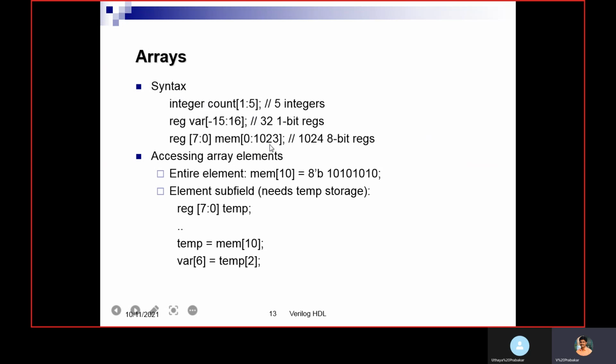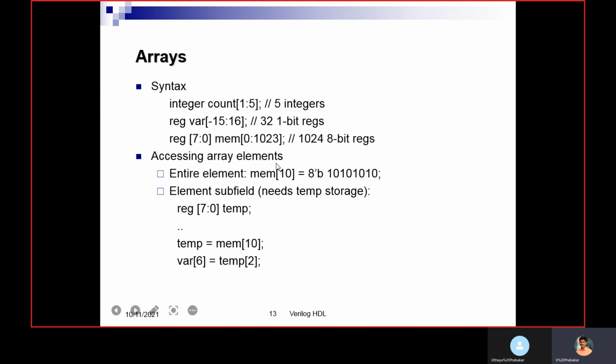This way you can create a memory, 7 to 0 mem, 0 to 1023. So 1024 locations are there, mem of 0, mem of 1, likewise mem of 1023. Each location can hold 8-bit data.